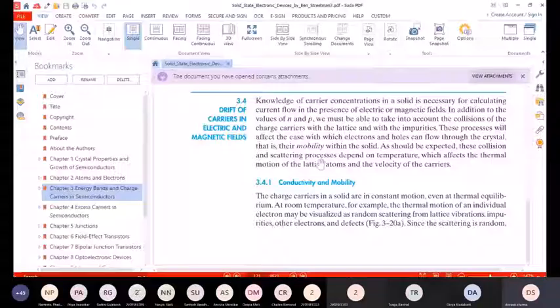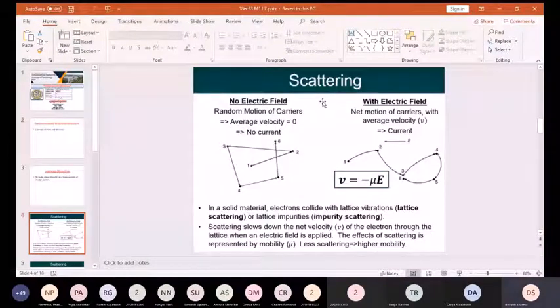So we had started with scattering, and I had said two types of scattering are there, right? The one is directionless scattering. So we are moving towards the mobility and conductivity. Directionless, random scattering will result in no current. Why? Because the average velocity becomes zero. Because the electrons or the carriers travel in random directions, and one direction may cancel out the other direction.